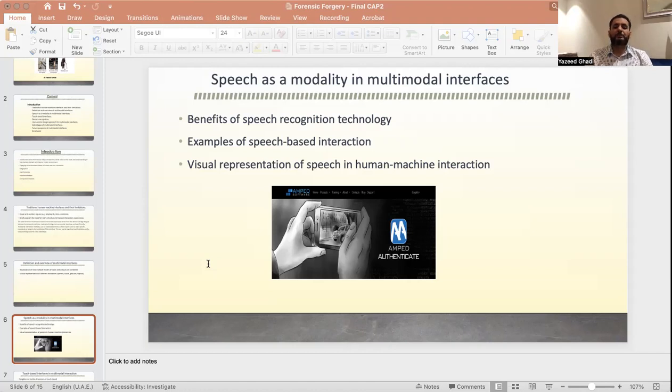By combining multiple modes of input and output, human-machine interactions become more flexible, inclusive, and adaptable to individual user preferences and abilities. It allows for more natural and intuitive interaction, making technology more accessible, engaging, and effective in supporting human tasks and goals. Now, a visual representation of different modalities of human-machine interaction, the first one and one of the most important ones,